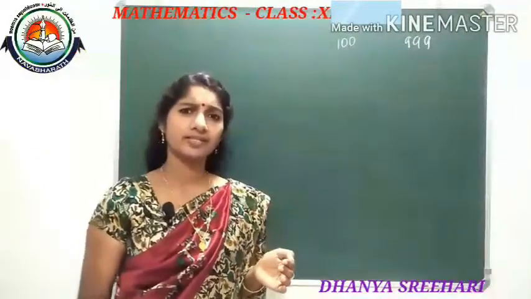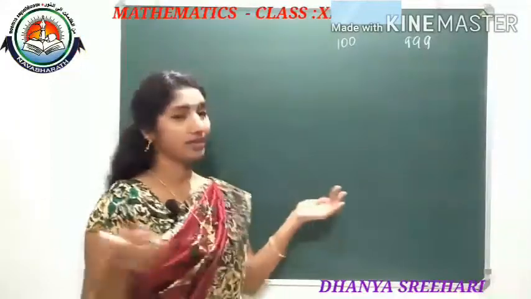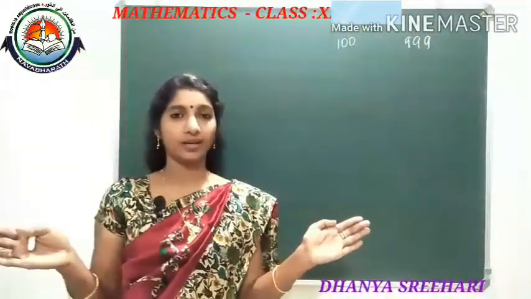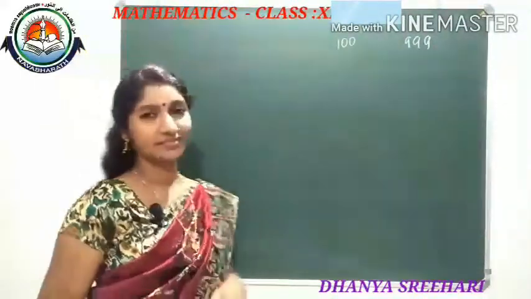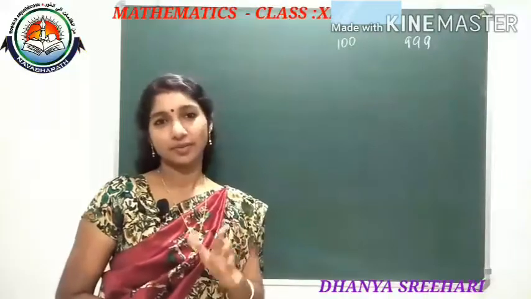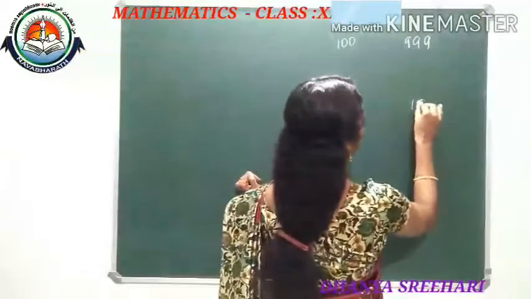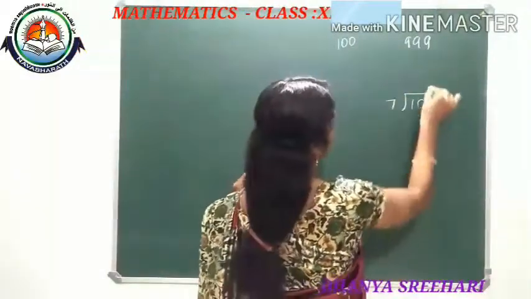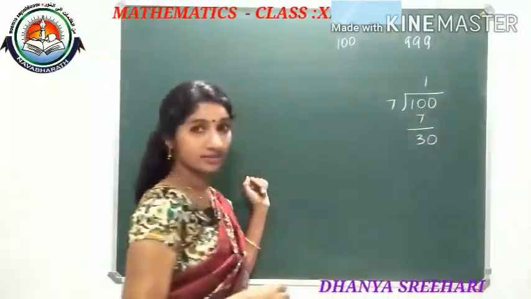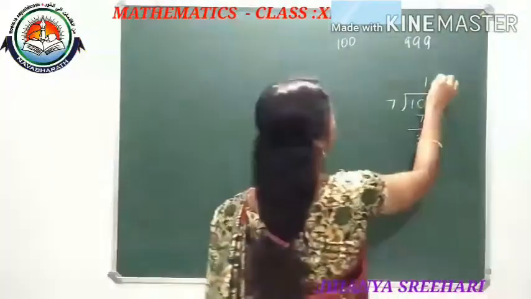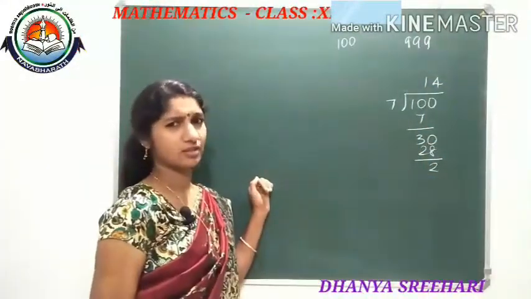What is meant by divisible by 7? It should be a multiple of 7. So in between 100 and 999 how many multiples of 7 are there? That is the question. So we need to know which is the first 3-digit number which is divisible by 7. For that we can check whether 100 is divisible by 7. 100 divided by 7: 1 seven is 7, balance 3, and 0 we bring down here. In 30, 4 sevens are 28, balance 2. So 100 is not divisible by 7.